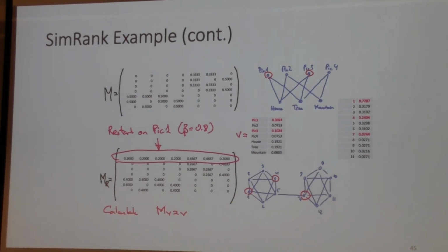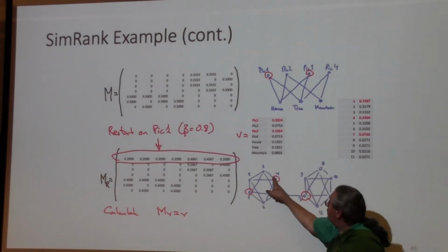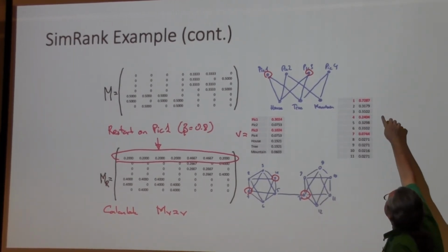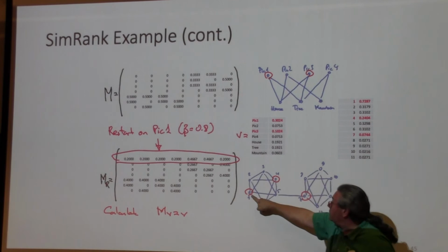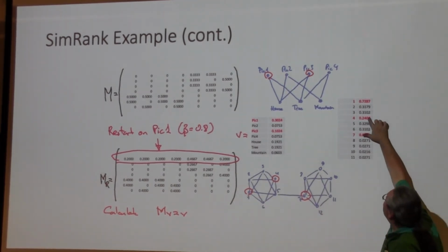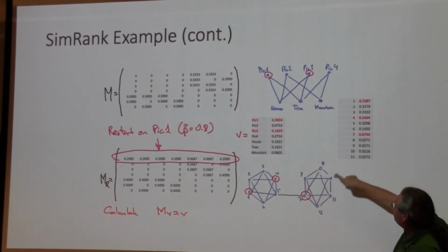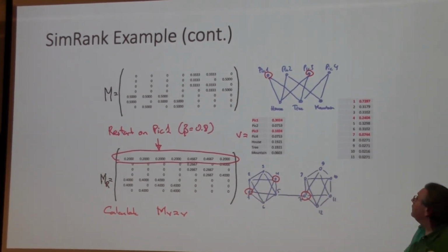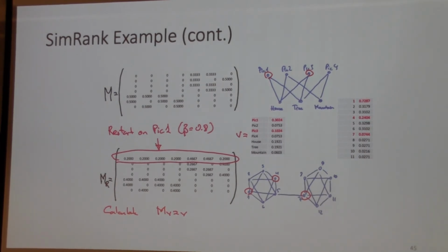And in the other example, where we had 1, 4, and 7, you can see 1 has, of course, a very high score, because 1 is very similar to itself. But 4 has 0.24, and 7 has 0.07. So 4 is more similar to 1 than 7, according to this algorithm. Okay? So this is a variation of PageRank that's also used, for example, in the Pinterest